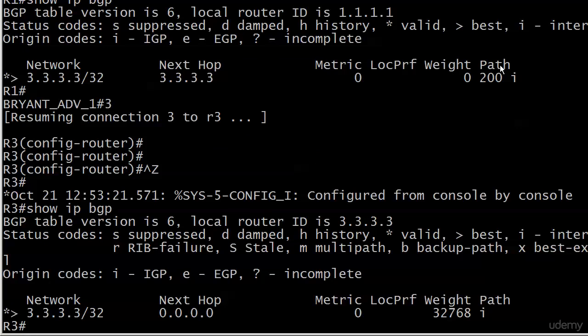Also note we do have valid and best next to that network entry. The next hop is all zeros because we're on the router that actually has this network on it. So there really is no next hop. And I'm sure a couple of you noticed that there's no number in the AS path, just the letter I, and there's a weight of